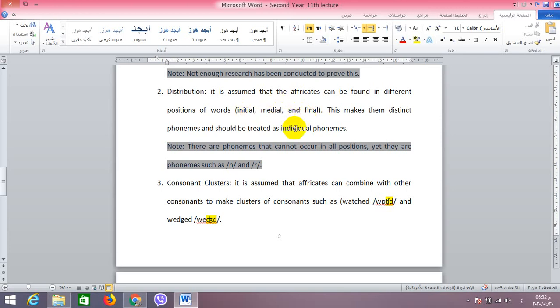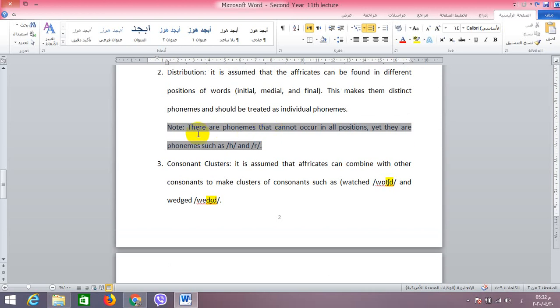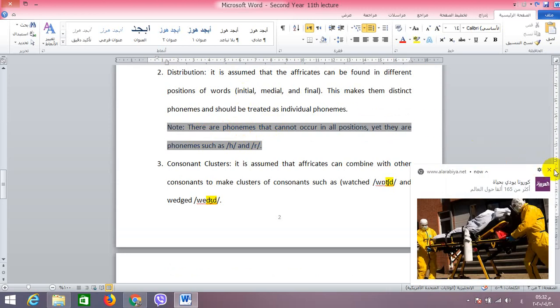But again, there is a problem with this assumption, because there are phonemes in English that are not found in all positions, yet they are phonemes. For example, the sound h. The phoneme h is found initially, medially, but not finally. The r sound is found initially, medially, but not finally. Of course, in RP English, not in American English. The sound ng, we cannot find it initially. We only have it medially and finally. So do we consider them not phonemes? No, they are phonemes. So this is not a convincing